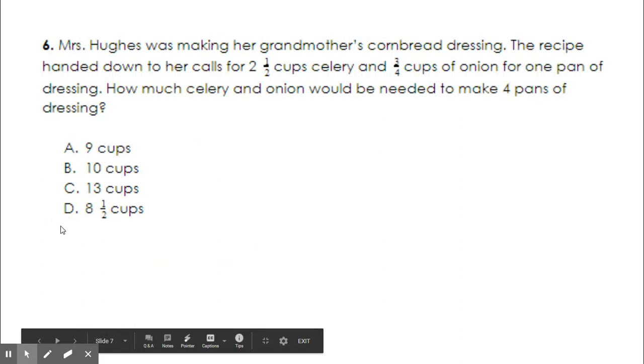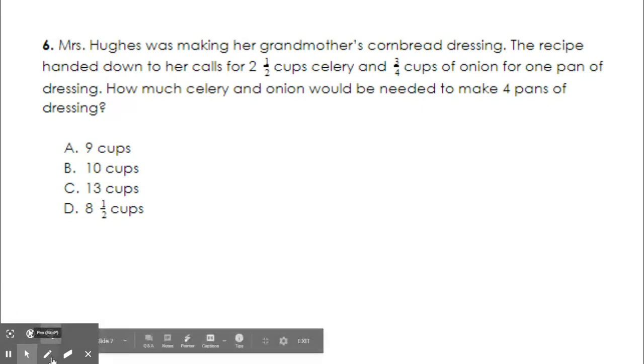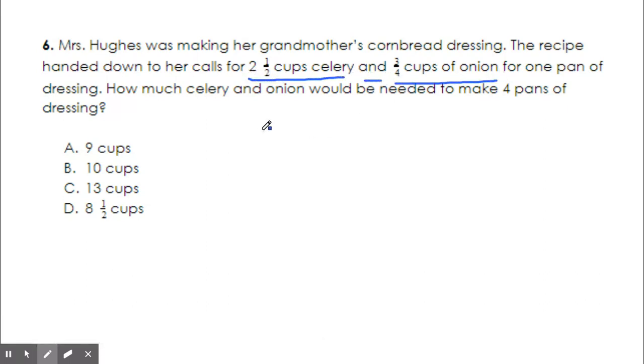Okay, number 6. Miss Hughes is making her grandmother's cornbread dressing. The recipe handed down to her calls for 2½ cups of celery and 3/4 cup of onion for 1 pan of dressing. How much celery and onion would be needed to make 4 pans of dressing? So first we need to find out how much she's got to have of celery and of onion. So that means we're adding those together. So 2½